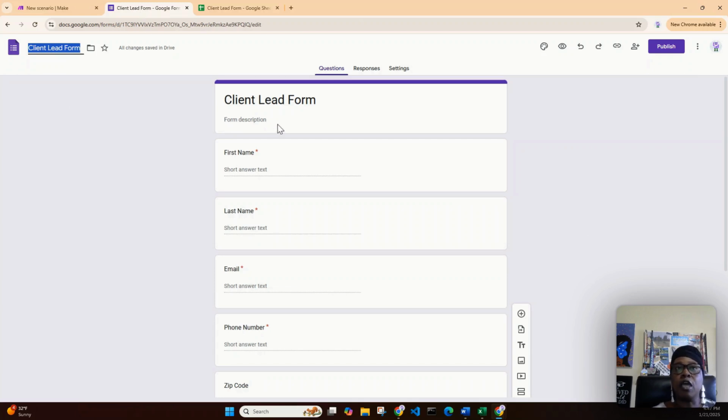So in this form, what I have is the information that I want to capture from my potential client. I have first name, last name. Now, most times I see on websites or on contact forms that it says full name. And I want to explain why I broke it out. Because with automations, most times when you send an email, you don't say the person's full name. You'll say, for instance, hello, Tracy, comma, and then you won't say hello Tracy Davis, because that does seem